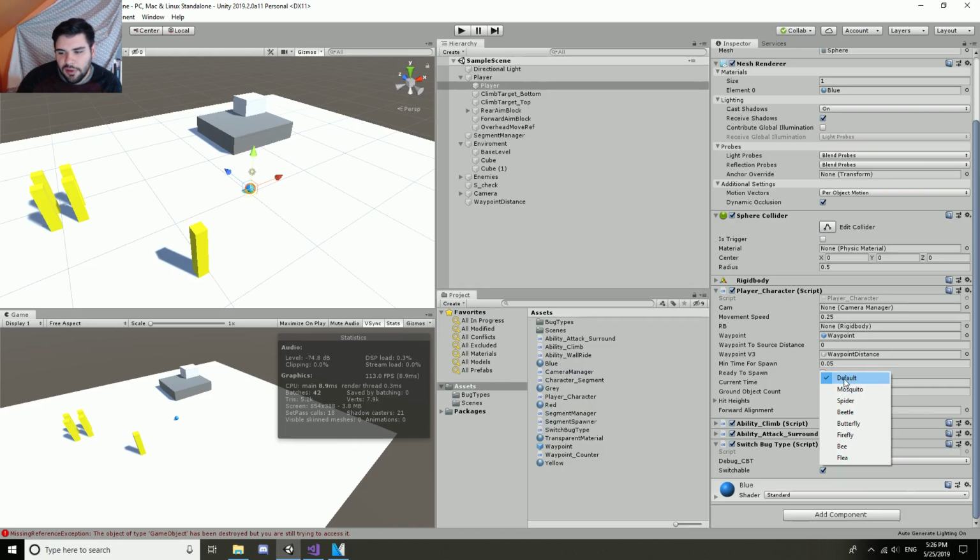So I have this default, which is a general stand-in for what the main character might be. Mosquito, spider, beetle, butterfly, firefly, bee, and flea. And each of those would have their own ability. But this one that's being selected right here is the current selected ability, or current selected character from what's in your party. So if I press play,